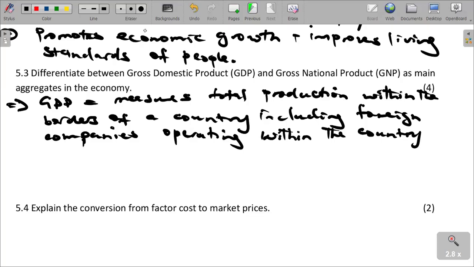That is what we mean by GDP. It actually measures total production, including the foreign companies that are operating within the country. And then